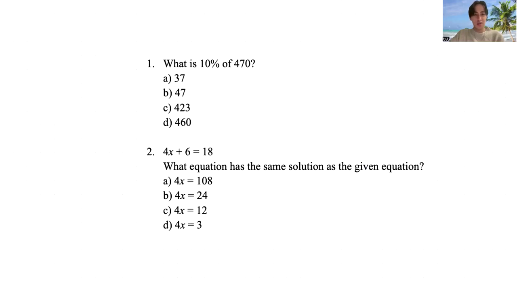And as you may know, 10% is the same thing as 0.1, as a number being multiplied by 0.1. So in this case, all you have to do is multiply the original number, 470, by 10% or 0.1,